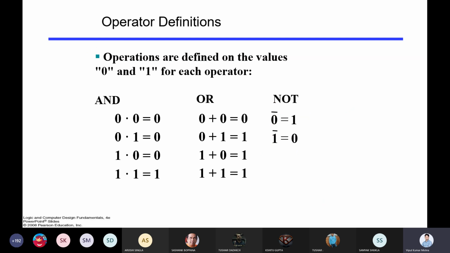Now before jumping into the next one, if I say AND gate and OR gate, what is the AND gate looking for to get the output? Let me ask this question a different way. Suppose I have a value, let's say 1 1 0 1 0 1. What will be the output of this, first of all?